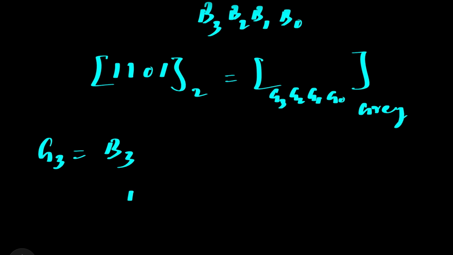It's 1, or we can say it's the MSB. So the MSB value, that is in this example bit 3, has to be taken as it is. Now we need gray code